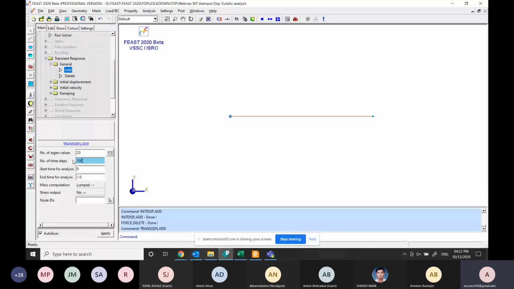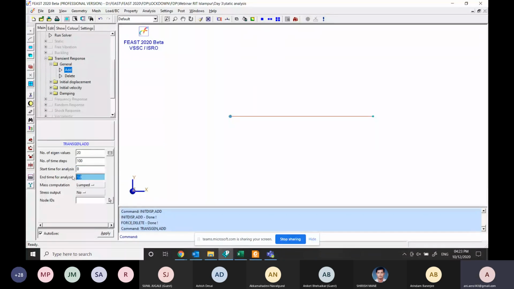So total 100 steps will be generated between the time step, that is start time of analysis. So now I'll assume that when this cantilever beam is deflected, so from deflection, it is started. So the start time is 0.